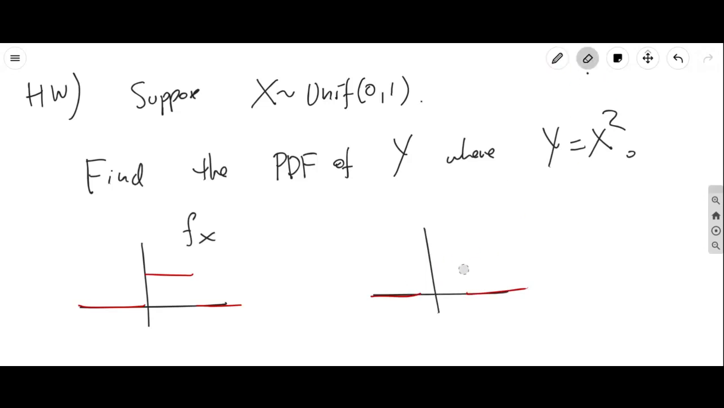So that's something for you to figure out how it looks like. But it has to be more favored to be smaller than bigger, because anytime you square a number between 0 and 1, the number gets smaller. So that should agree with our intuition. But just to show you, if we do this on the computer,